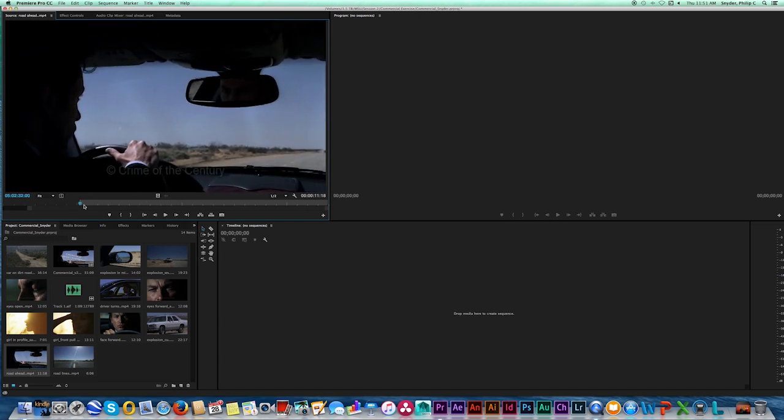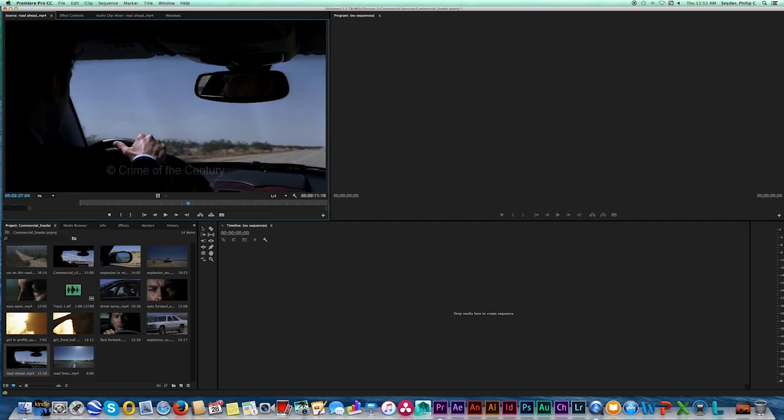That's at 32. Let's go down to 37 and 4 frames. Let's type that in. You can just select this, 37 and 4 frames, and hit in, and then press the Out key, or the O key on the keyboard, and you can see that comes to exactly 5 seconds and 4 frames,